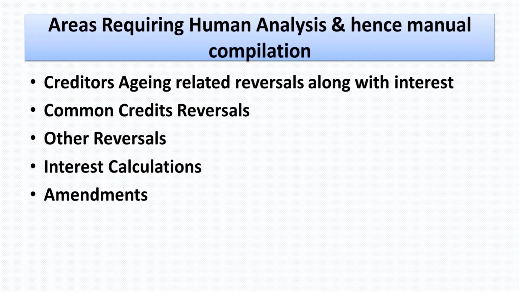And any amendments which are there, like there was an error at the time of keying in the data, as I said, garbage in, garbage out. Later on it was realized that there was wrong data which was input, it was rectified, and the differential effect has to be given. Again, this we need to route through human work.